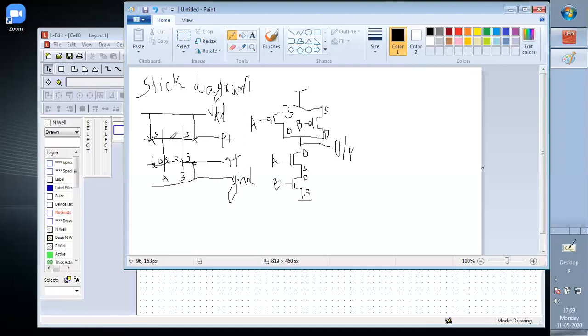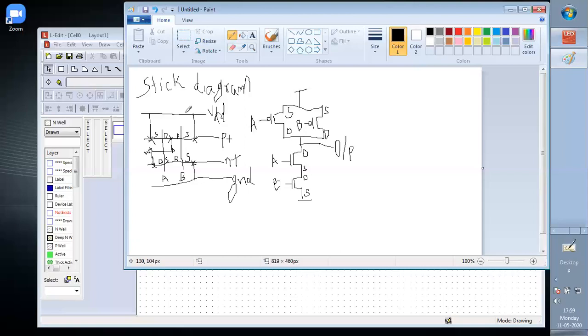And here on the downside, these two are the drains, so they are connected here, and these drains are connected to the output terminal. So we connect this to the output terminal. This will be our output. So this will be the rough sketch of the layout.